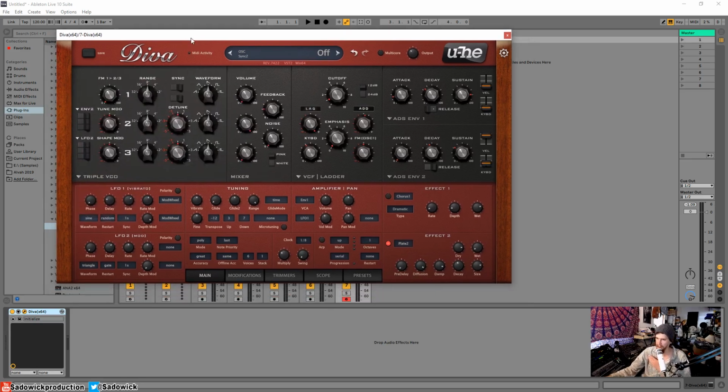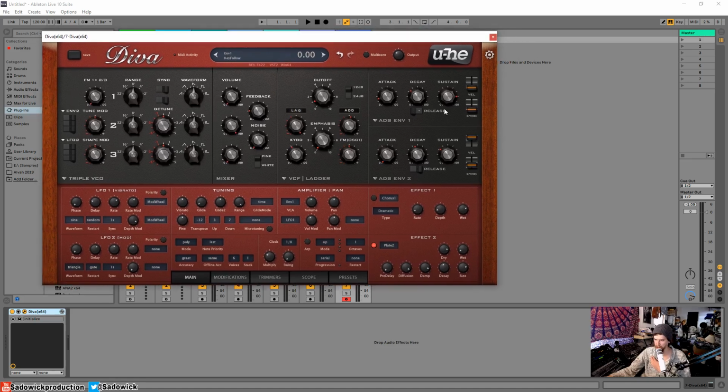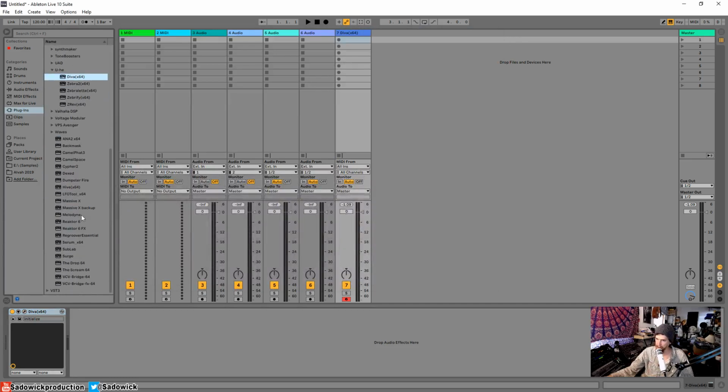So what makes it analog? Okay, so the flavor of analog is in a lot of things, and it's a mixture of the waveforms, what the waveforms are doing, the filter feedback, filter saturation, and the envelope curves. And this kind of has it all, but there's some more stuff going on under the hood that I'm going to show you. If we look at, let's say,